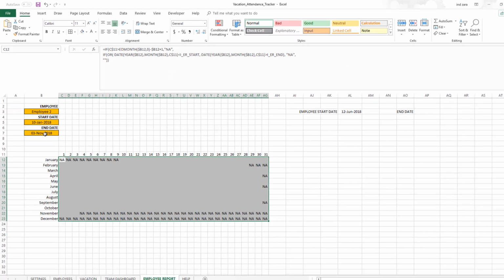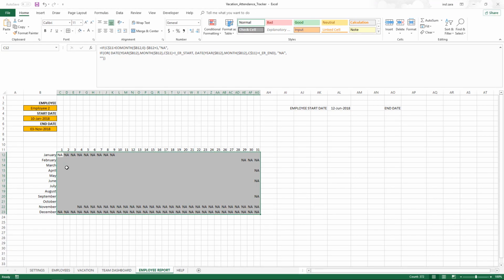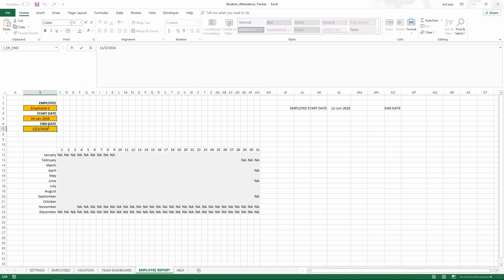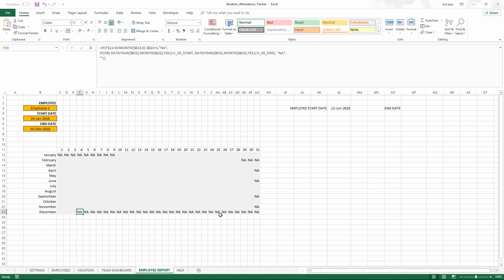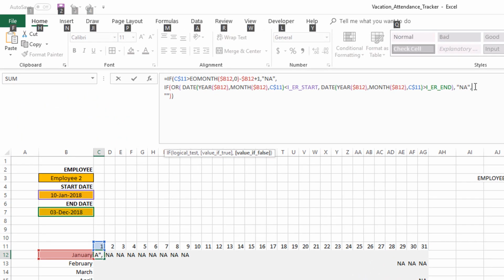So for example, in this case, the report end date is 3rd November. So from 4th November, you will see that it says NA. If I move this to 12/3, you will see that now from 4th December, it'll be not applicable. So this is how we will account for the different start date and end date the user will input. So the next step is to do not employed,